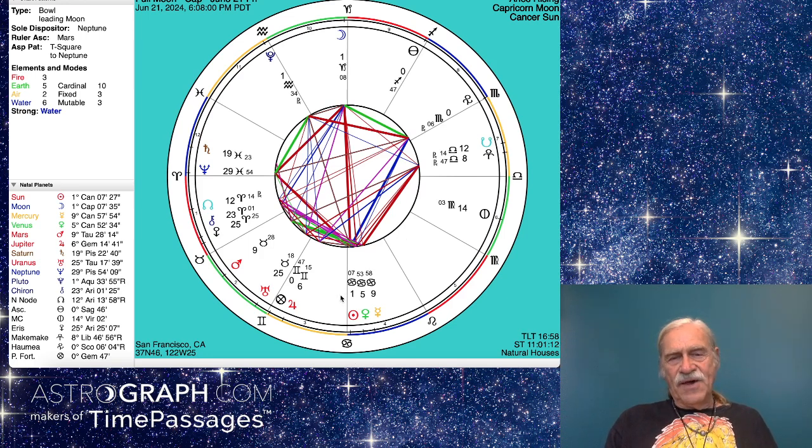Now again, on personal planets, we have another little clump over here, because check this out. If we look at the declinations, we find that Venus is parallel to the Sun, parallel to Mercury, and contraparallel to transformational Pluto. So what does that tell us? That we are in a personal kerfuffle in a way, and we have to pay attention to relationships and what we can do to show up in the best way. We have basically this 5 degree point, 5 degrees 53 of Venus is sort of the midpoint, not quite exact, but the same degree of the midpoint between Sun and Mercury.